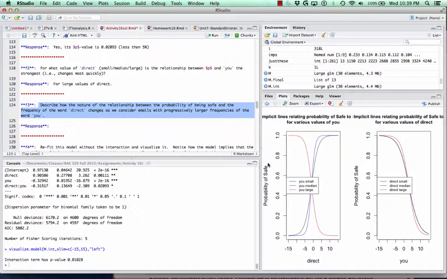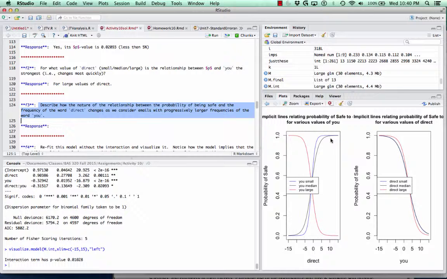F3 asks us to describe how the nature of the relationship between the probability of being safe and the frequency of the word direct changes as we consider emails with progressively larger frequencies of the word U. So let's consider the relationship when the frequency is small, then it moves to a medium value and then to a large value. For small and medium values of U frequencies in the email, we have a positive relationship between the probability of being safe and the frequency of the word direct. So emails with larger frequencies of direct have a higher probability of being safe when U is relatively small or